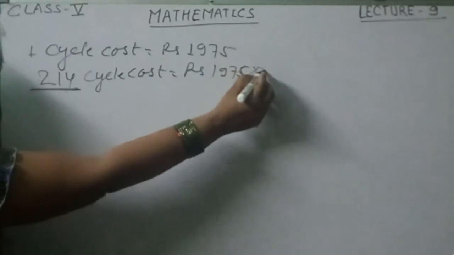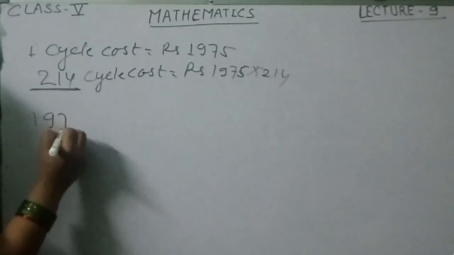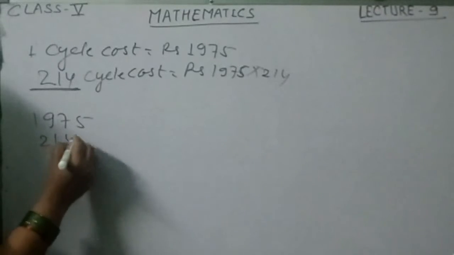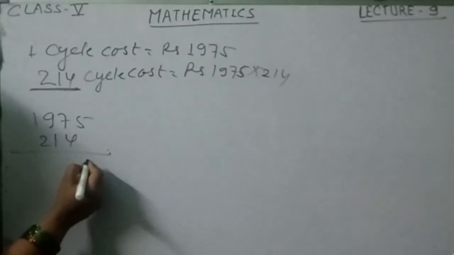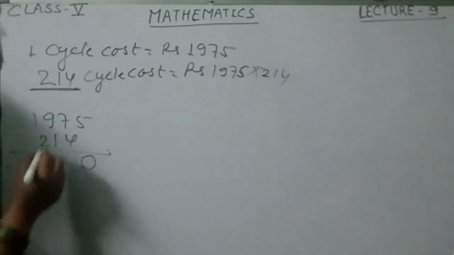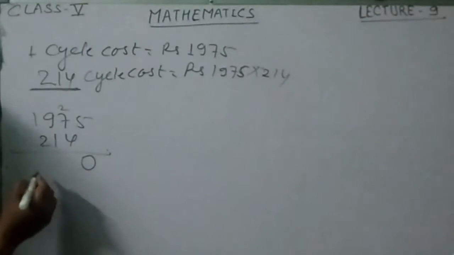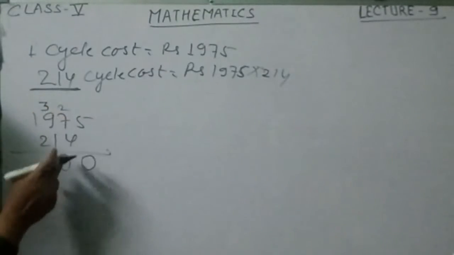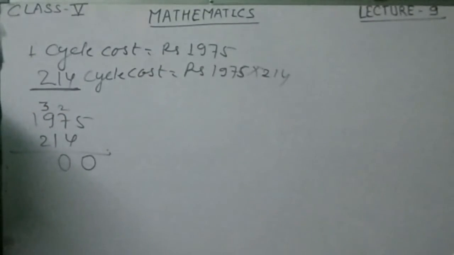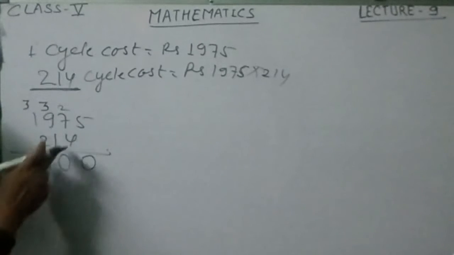Multiply 1975 by 214. On the side, you have to multiply these numbers in the rough work; no need to show it there. Multiply it. 4 fives are 20. What do we have to write? 0, and 2 is the carry. 4 sevens are 28, plus 2, 30. What do we write? 0, and 3 is the carry. Then 4 nines are 36, plus 3, 39. What do we write? 9, and 3 is the carry here. Okay. 4 ones are 4, plus 3, 7.